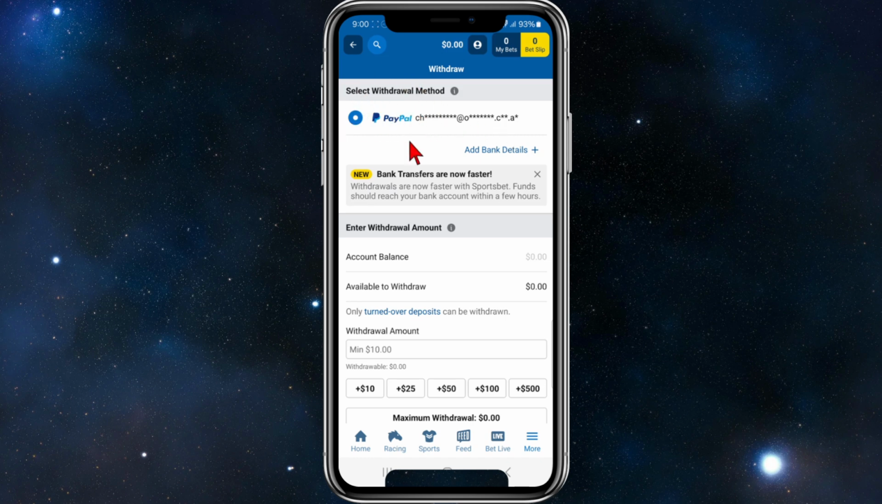So at the moment I've only got one, which is my PayPal account. If you want to add bank details, go ahead and click on to add bank details. And as they state here, which is new at this time of recording, bank transfers are now faster. So if your withdrawals are now faster with a Sportsbet, funds should reach your bank account within a few hours, which is quite handy. And now from here, if you want to add bank details, go ahead and click on